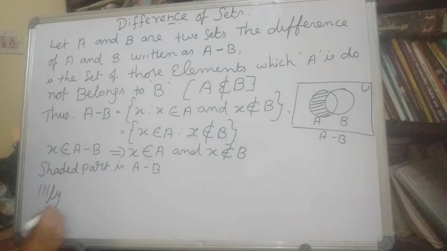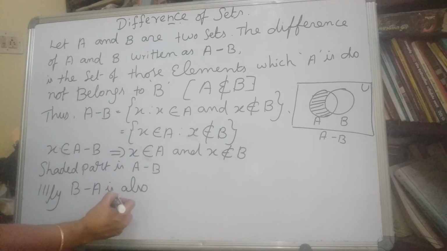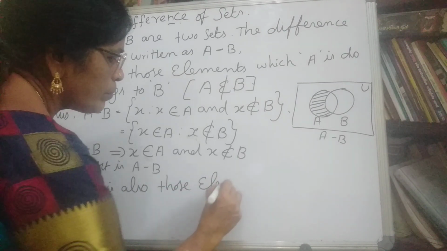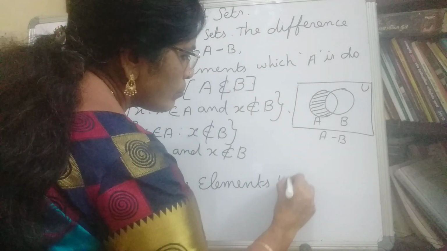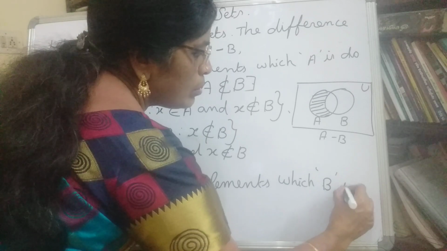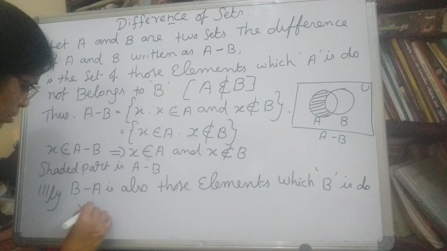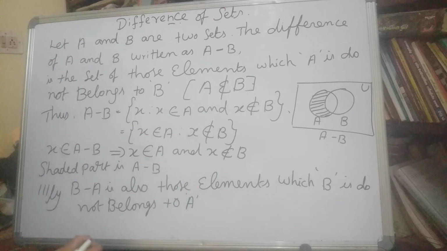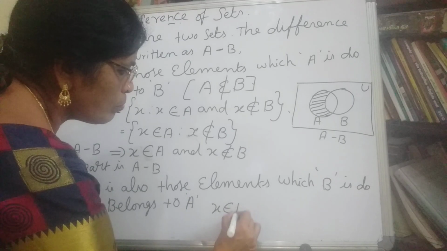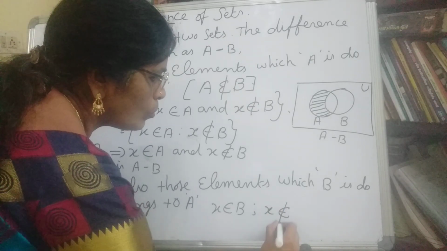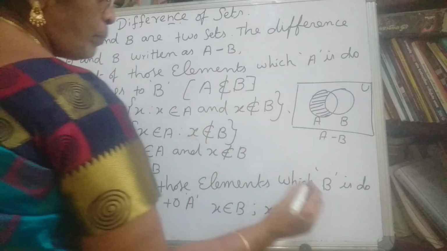Similarly, B minus A is also those elements which belong to B and do not belong to A. So X belongs to B such that X does not belong to A. That figure is